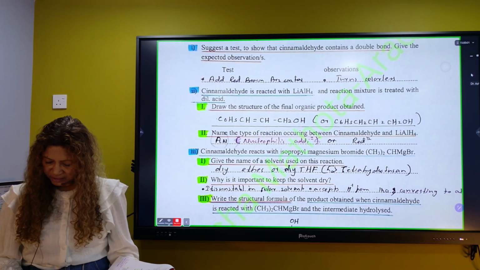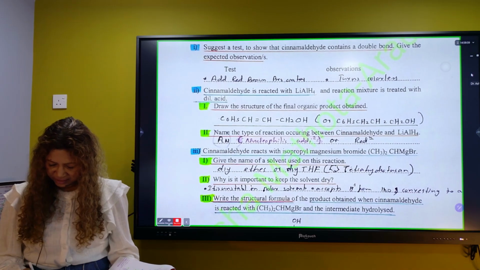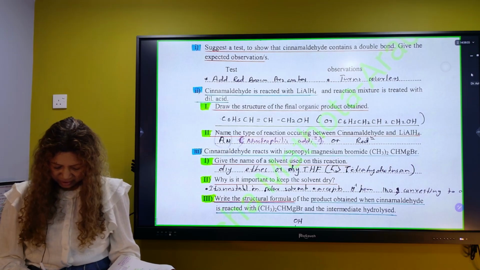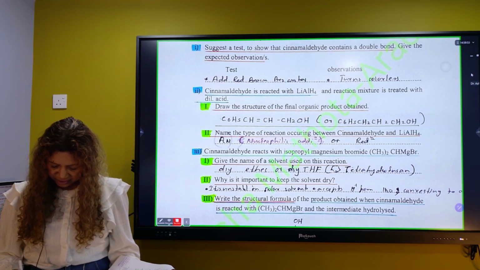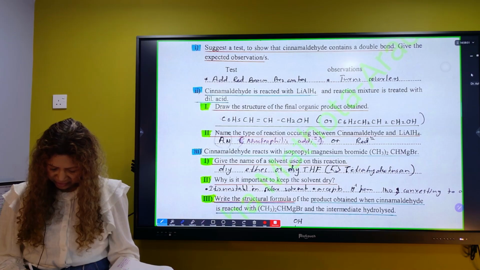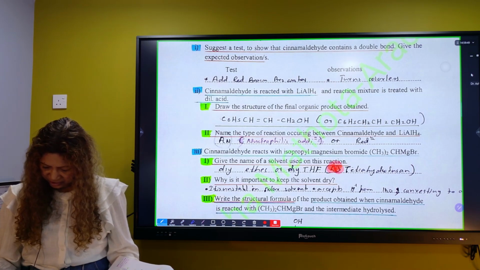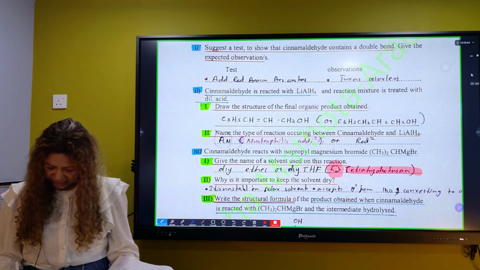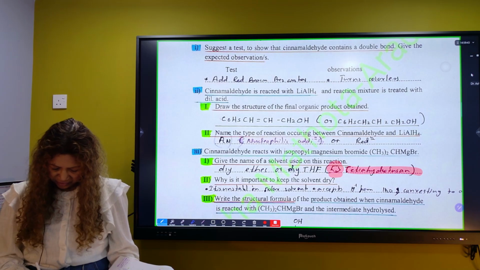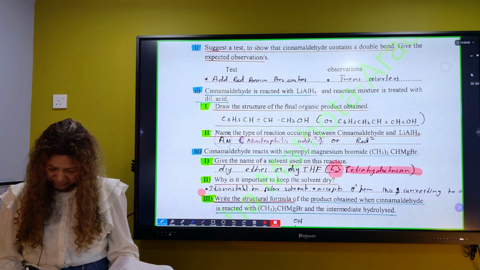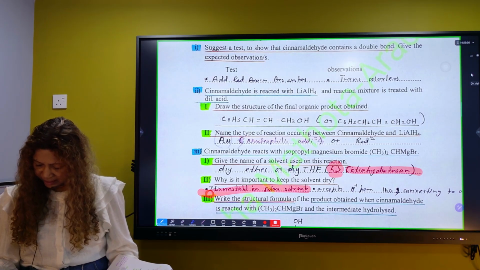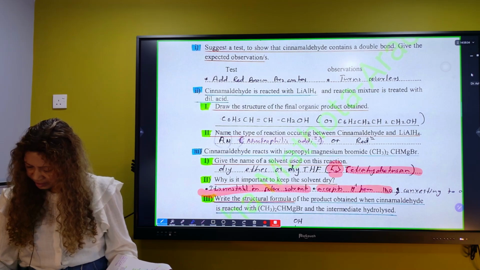Cinnamaldehyde reacts with isopropyl magnesium bromide. Give the name of a solvent used: dry ether or dry tetrahydrofuran. This one with oxygen, a 4-carbon oxygen cyclic. Why is it important to have the solvent dry? It is unstable, it's a polar solvent, accepts H plus from water and converts to